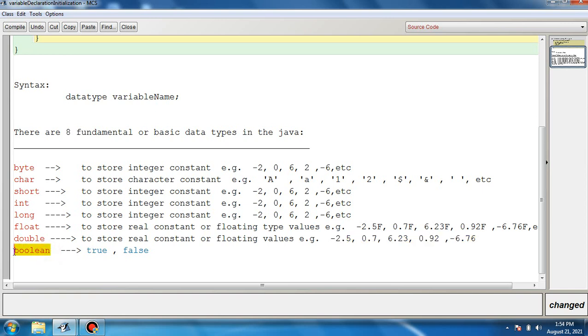Next, to store boolean type of value, we have data type boolean, that is true and false. There are only 2 boolean values, true and false. And to store character type of value, we have to declare a variable of char type, and these are examples of character type constants, or you can say values.